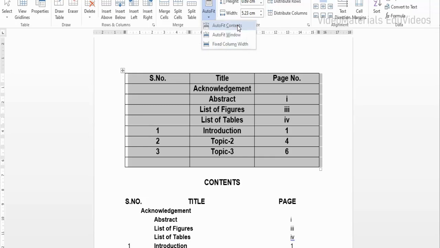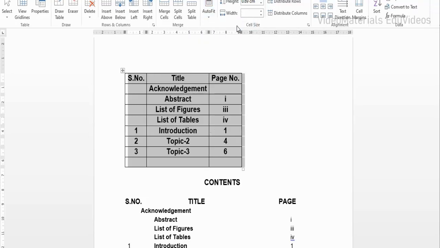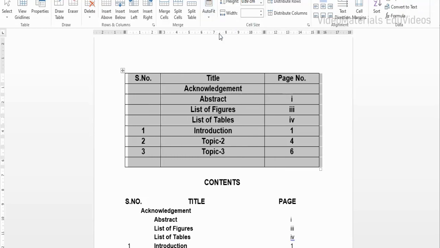When I apply AutoFit Contents, it shows like this. Now I'm going to apply AutoFit Window, it shows like this. Now I'm going to apply AutoFit Column Width, it shows like this. That means there may be a slight change in the last two options, column width and window, so that is not visible for us. So I'm going to choose either AutoFit Window or AutoFit Column Width. That depends on the requirement. Currently I'm going to choose AutoFit Window, and it will adjust the table as per the margins that we have specified in the document.